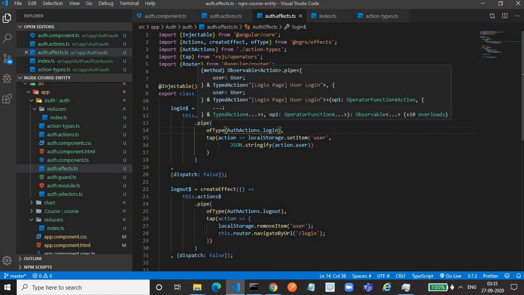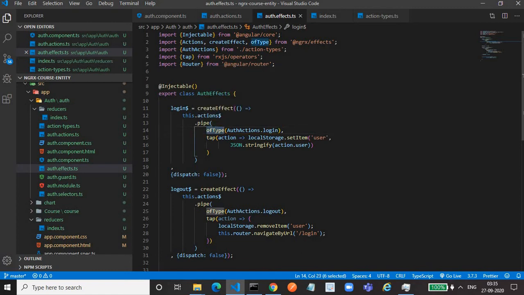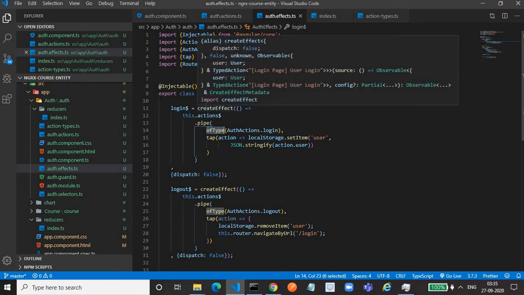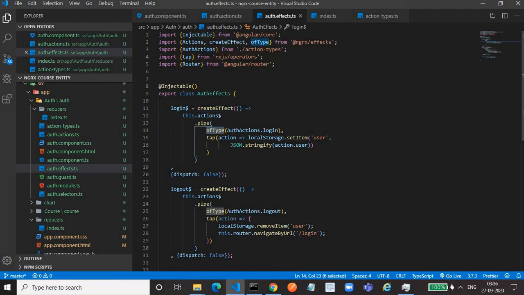So it's a pipe operator having the ofType operator, in which we are providing the action for which this effect will be executed. I want this effect to be executed for the login action. So that's why I have mentioned AuthActions.login.